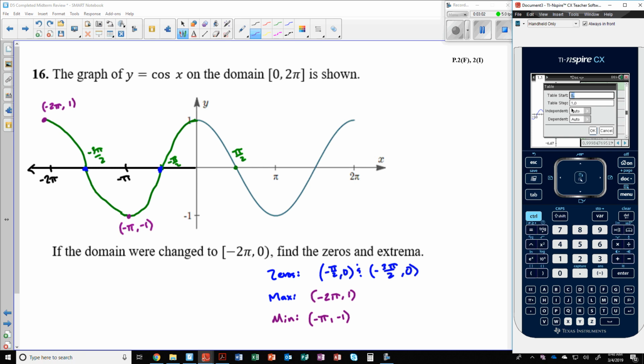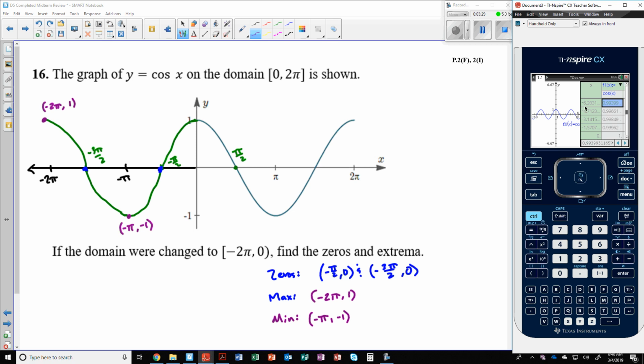So the table start, we would maybe put in negative 2 pi. Sorry about that. And now what I'll do here is set the table step. I want each mark to be pi over 2. And so what I'll do is put pi divided by 2. That's what this table step means, how much each marking would be. And so now if I do that,